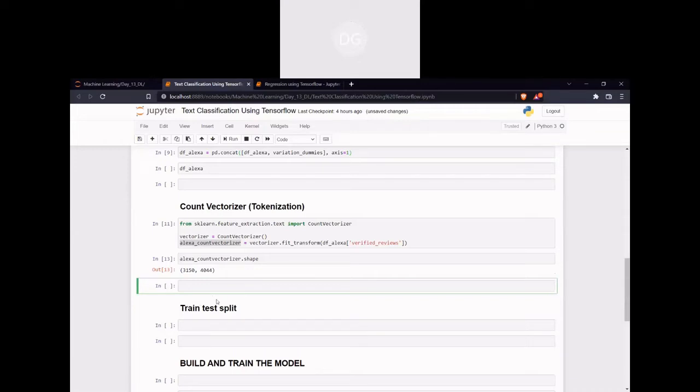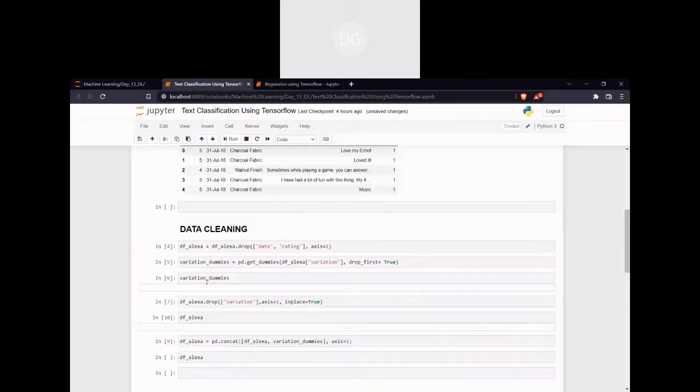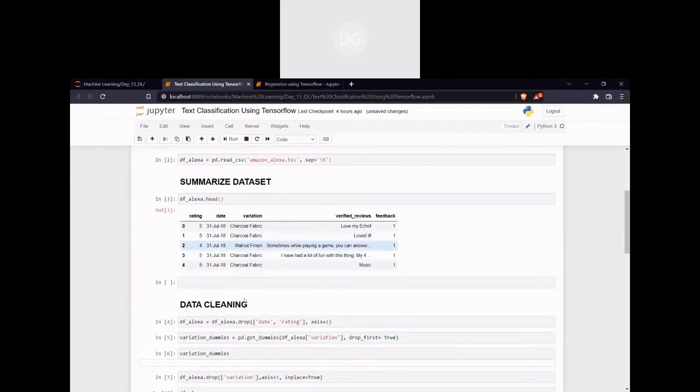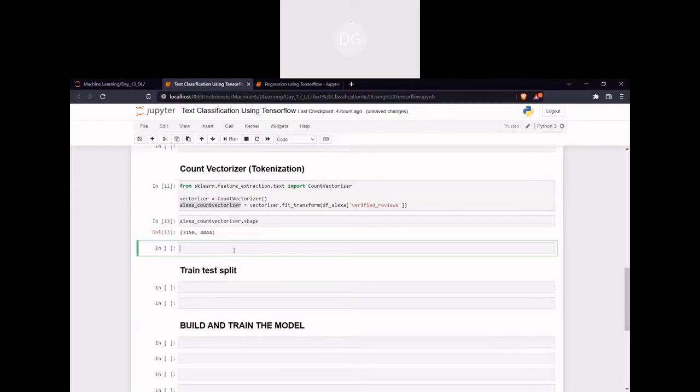Here the problem is we cannot directly use this or add it into our data frame because it is in a different format. So we have to convert it into array format, then it will be easy for us. First we have to convert it into a data frame, so that we can concatenate, like how we did it for the variation column. Similarly we are going to do it here also.